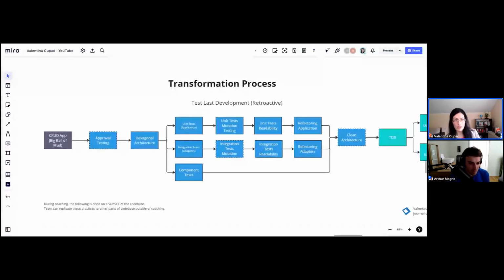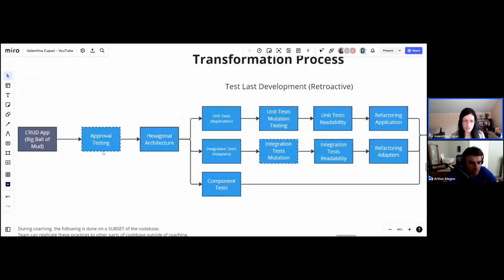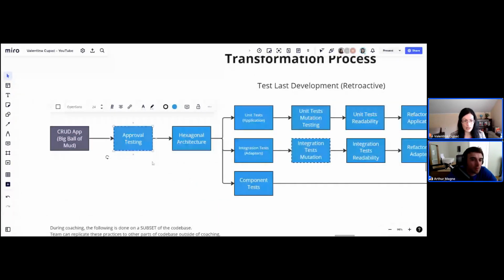Excellent question. Yes, definitely it is not simple. I mean, if it was simple, we could do it in one day and it could be a training session. In any case, it is not simple, and there is that difficulty of how do we jump. And this is why we need that step of approval testing. So a big ball of mud, even though we can't write unit tests on it, we can write approval tests. So the idea is that we need to capture the behavior of the existing application, or at least